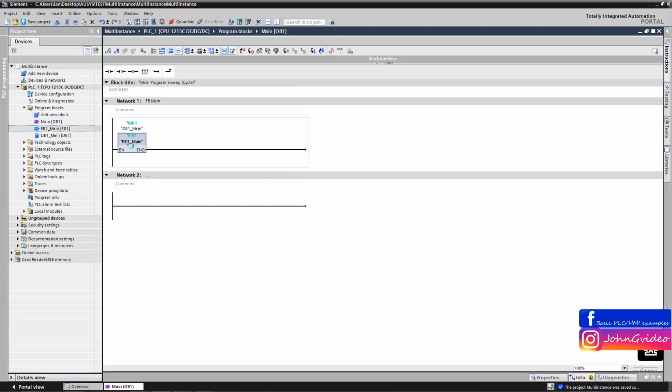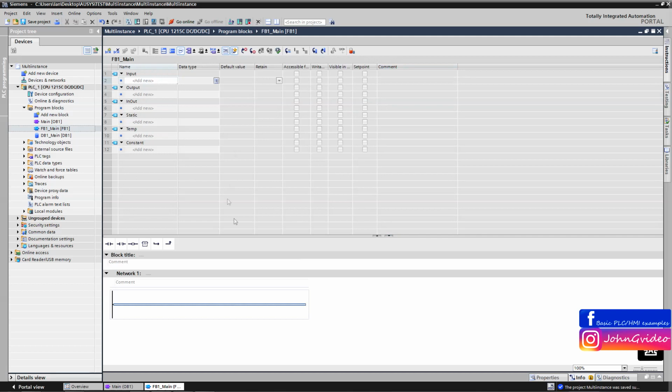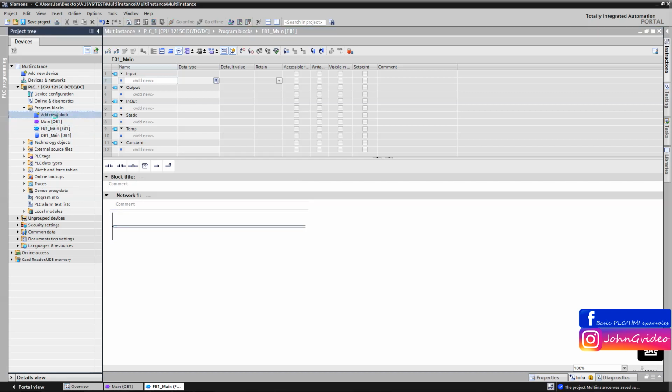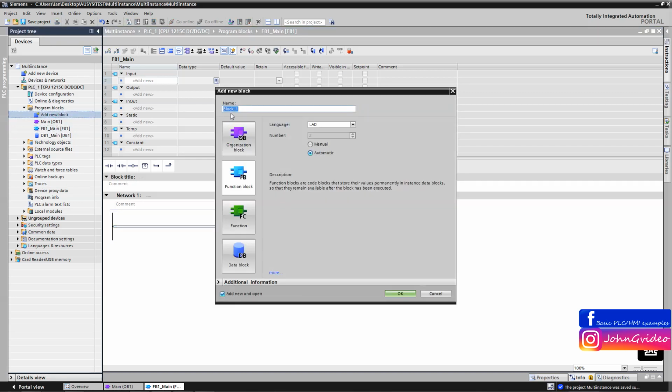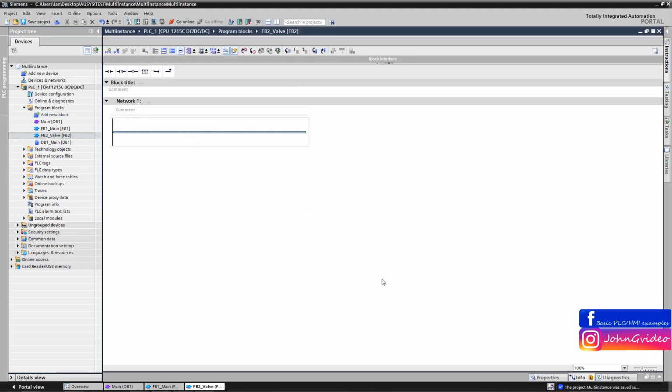Now we create a new function block. For example, we use a function block with the name valve, and this function block we use, for example, for controlling a pneumatic valve. Okay, we create function block number 2 with the name valve, and